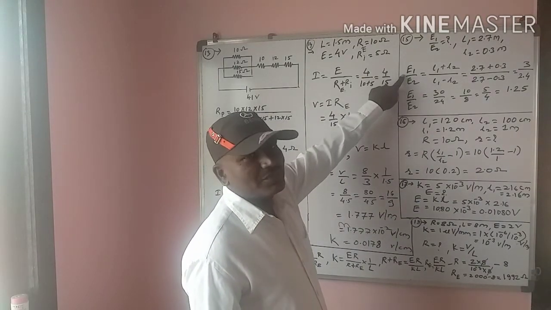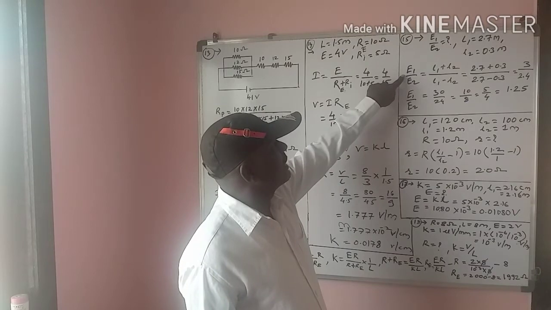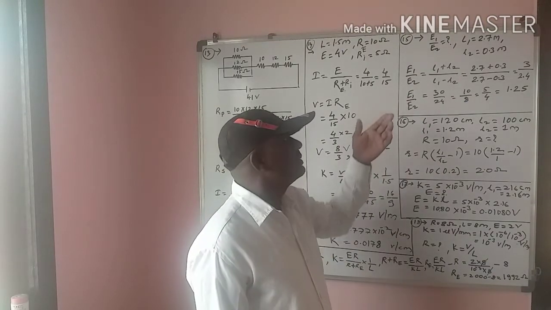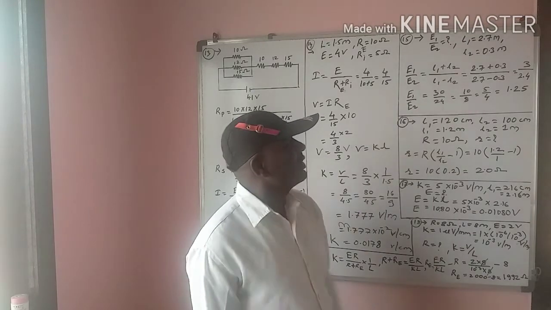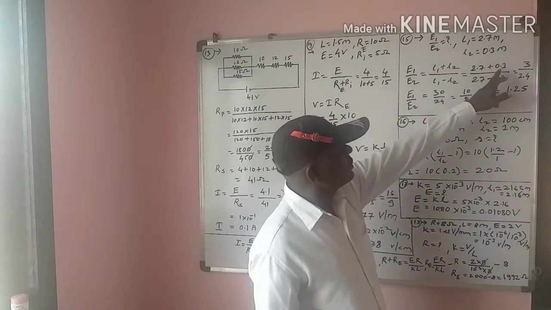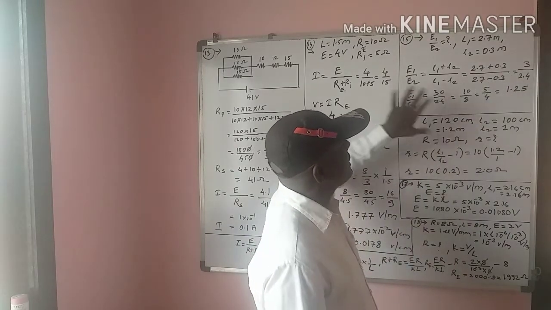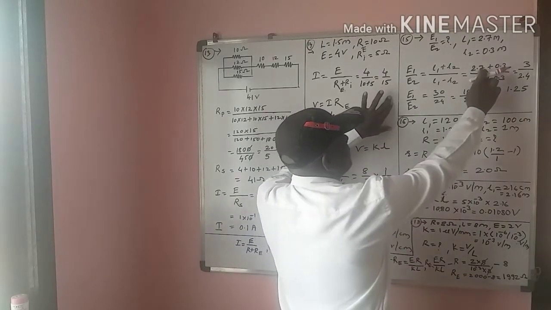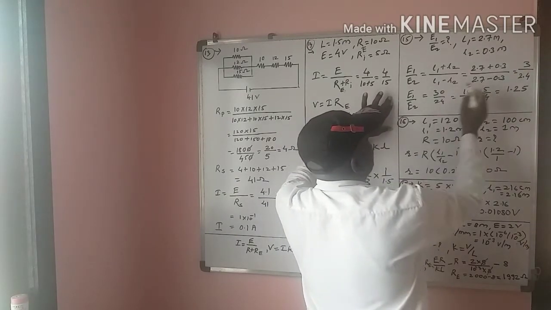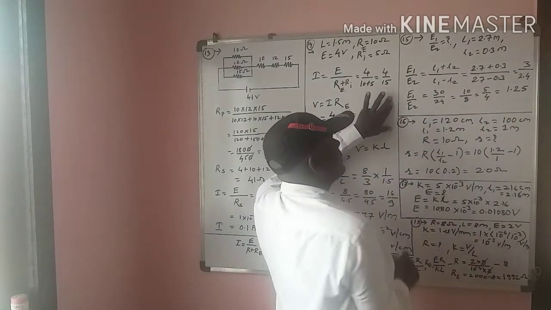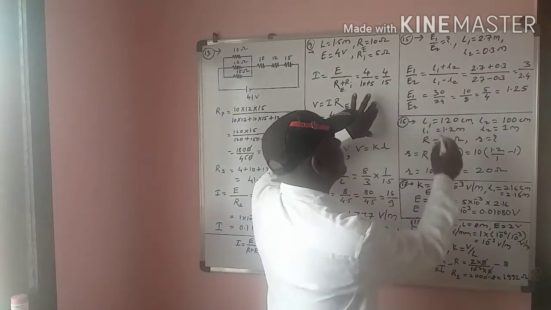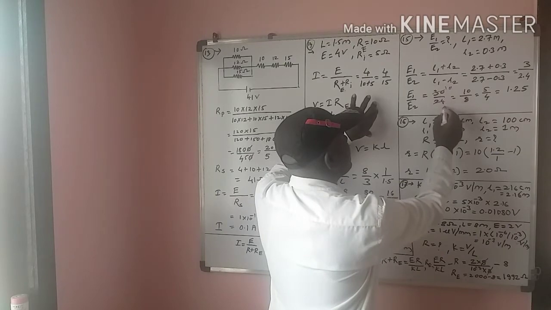When we look at the formula for the comparison of EMF of two cells, E1 by E2 is equal to the addition of the lengths in the numerator and the subtraction of the lengths in the denominator. So we write here 2.7 plus 0.3 upon 2.7 minus 0.3. The addition is 3 and here 2.4, and with the decimal shifted, we write 30 divided by 24, which is equal to 10 by 8.